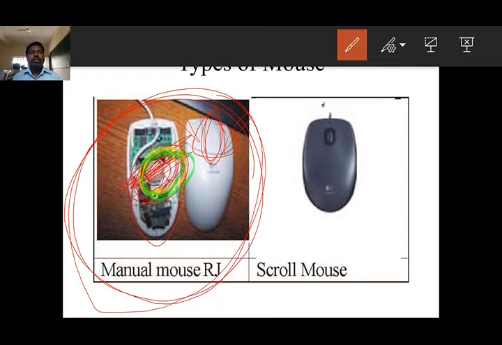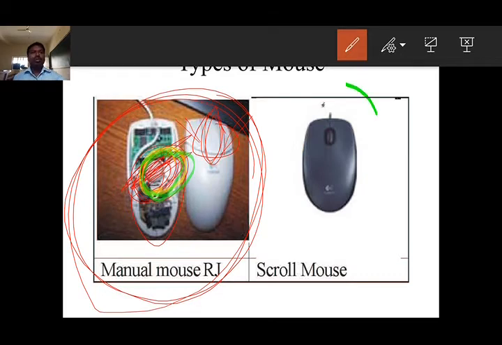So I have circled it now. This is called the mouse ball. Based on this movement, the cursor will move accordingly. Understand? So this is the oldest mouse. Nowadays people are not using this type of mouse. So what is manual mouse RJ in the sense? Manual mouse reserved jockey, it is the oldest mouse. Here there is a ball. Based on the roll of the ball, the signal will be converted and sent to the computer. Based on the movement the cursor is moved.